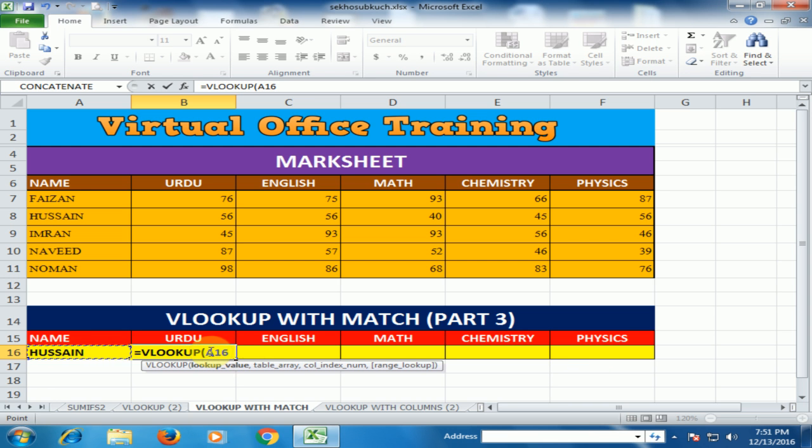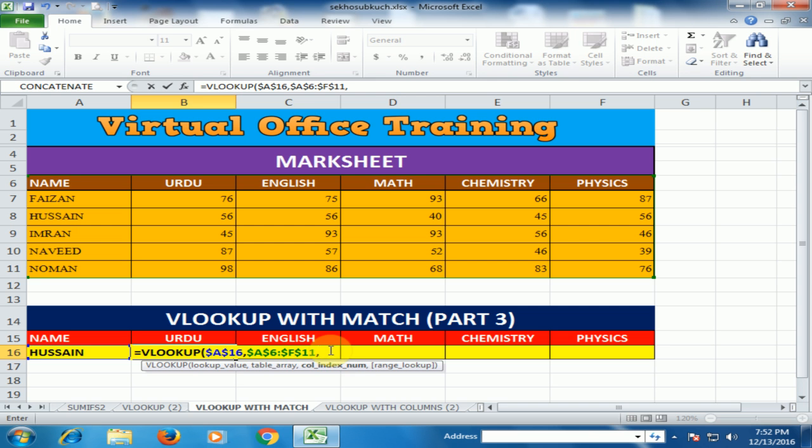That's why I will press F4 to make this column absolute, this cell absolute. Press comma. It will ask you for the table array. Table array is this. And now press F4 to make it absolute.